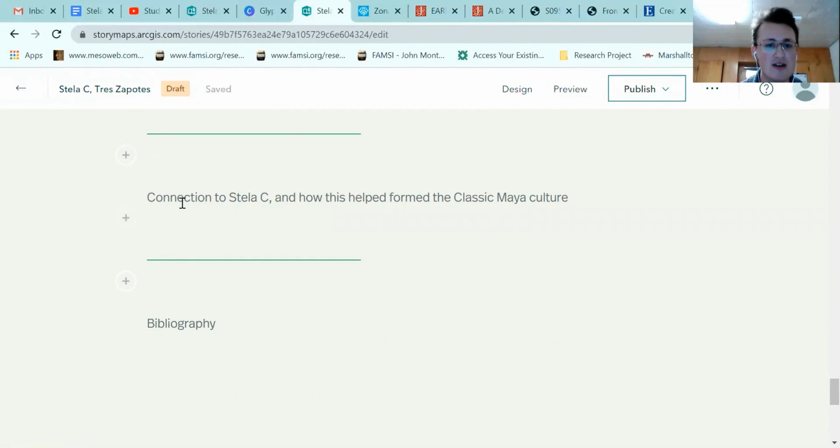And now here's the final conclusion, taking all the information and wrapping it into one big ball: the last statement of my introduction, where it's like, how did this influence the classic Maya, and making that the last bit. So to structure it, think about what your little abstract single sentence is at the top of your story map, and make that structure your story map. I started with the Epi-Olmec, and then I went into Izapa, and now I'm finishing with, okay, how did those two sites influence each other to make the classic Maya? And then include your bibliography, as always. So yeah,